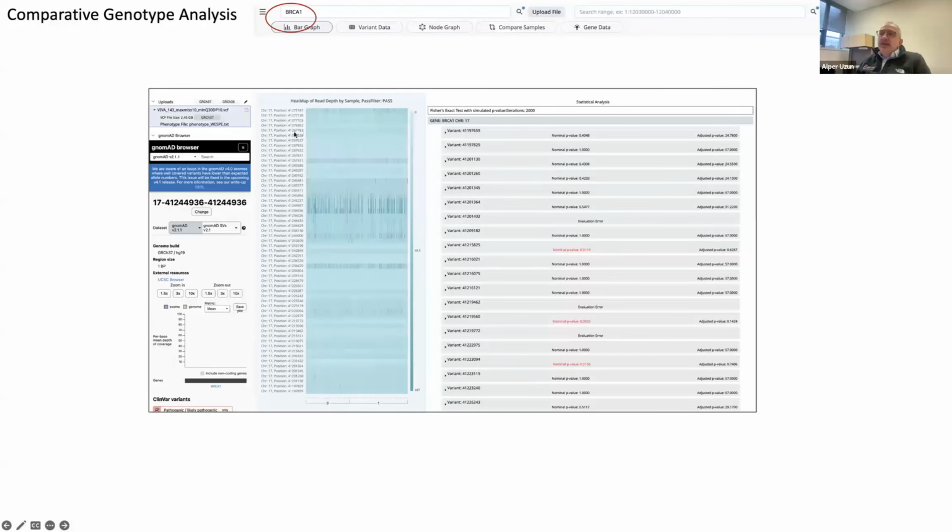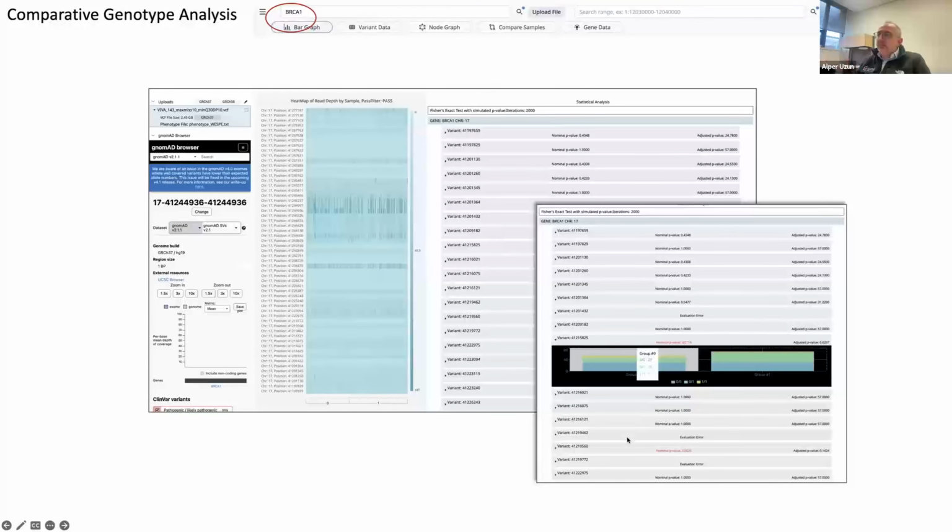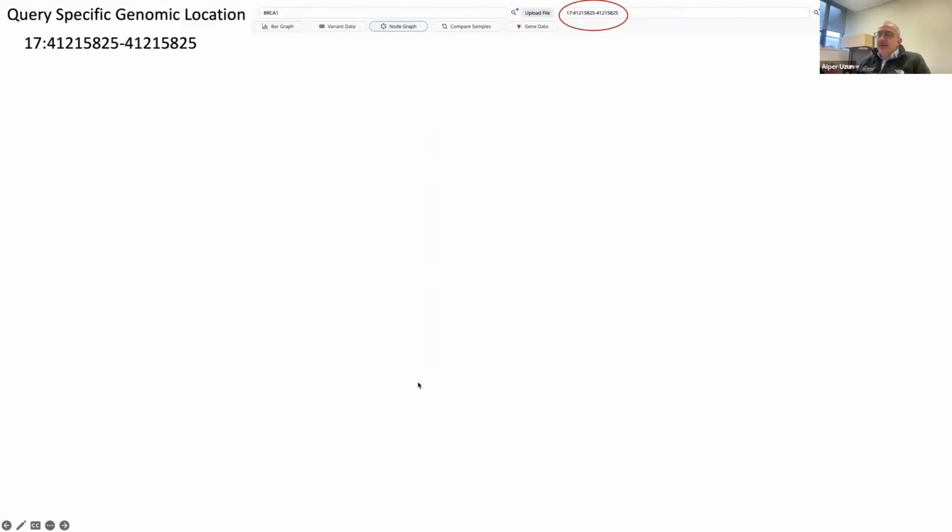Here, what you see is all 57 variants, and the light color is the depth of variants, like read depth, and the darker color is deeper reads, like in the ocean. If you go deeper, it is darker blue, and on the surface of the ocean, it is lighter blue. So you can immediately see those variants associated with the genotype information. You can see the heterozygous and homozygous variant associations for this specific variant. Again, everything is very interactive.